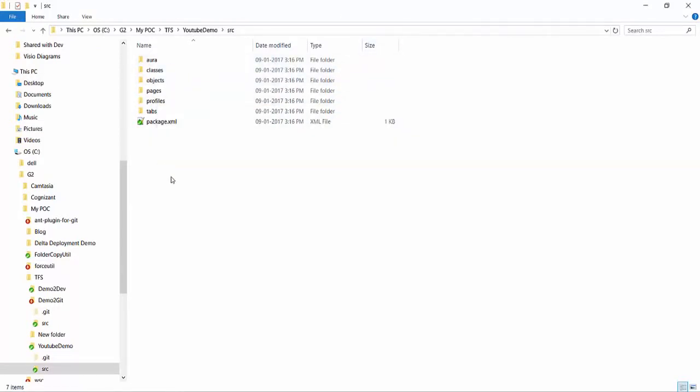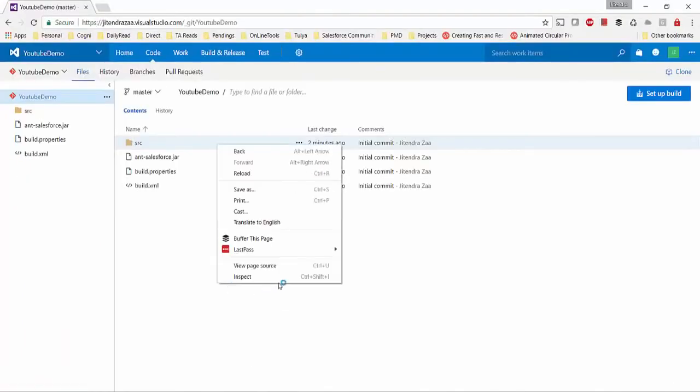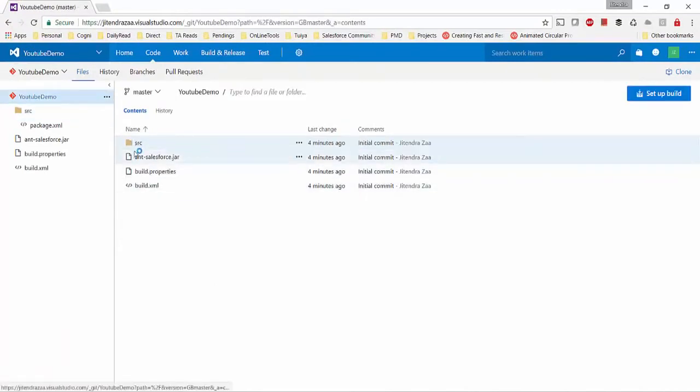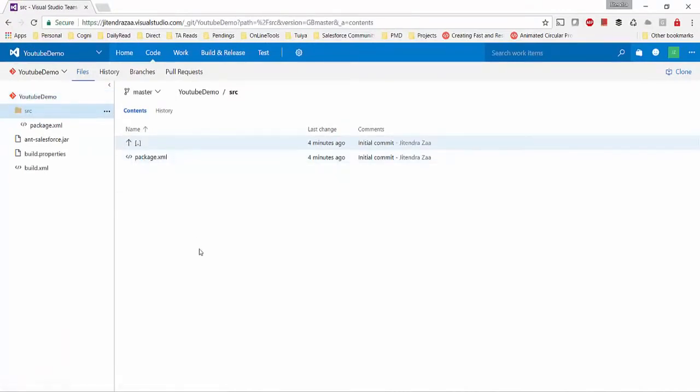So let's assume a project where a team of developers are working on it, and we need to implement continuous integration, saying whenever this code is committed on the Git repository, the build should automatically start. So here we see right now this src folder does not have anything other than the package.xml. So what I will do,